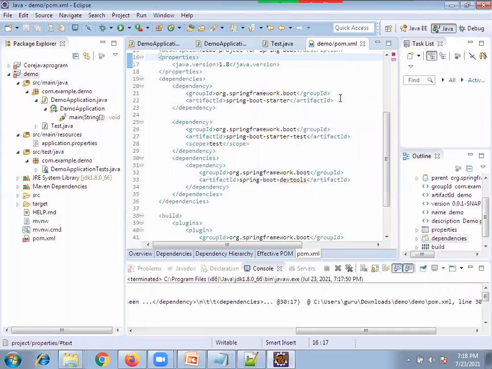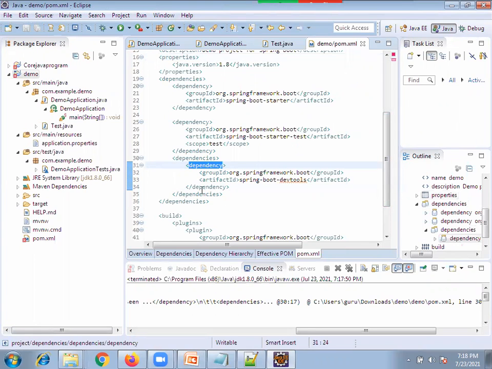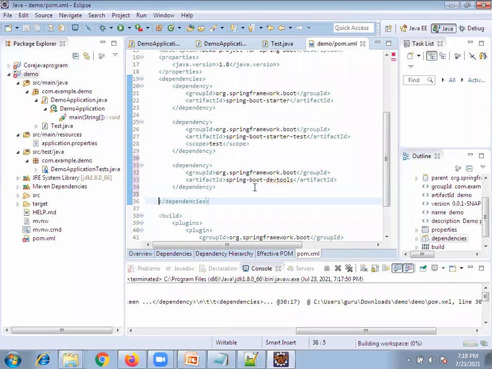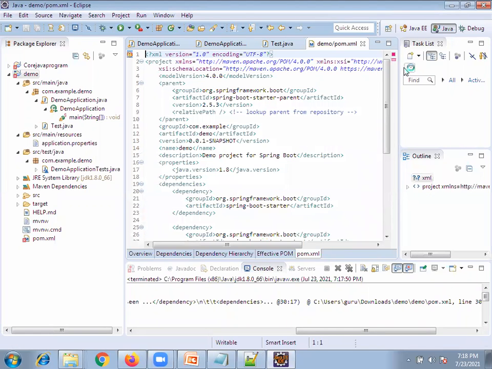Dev tools dependencies. Still error. Yeah, still error.